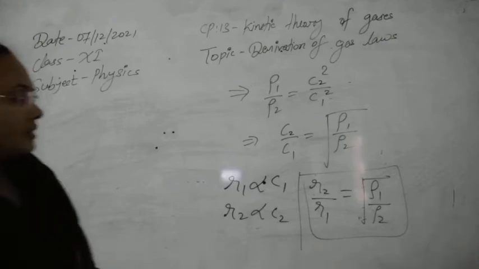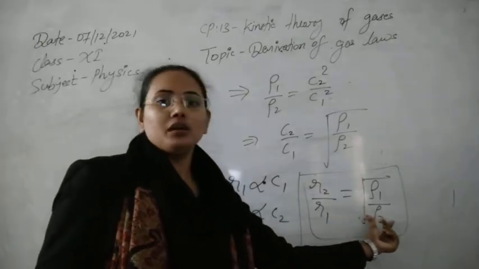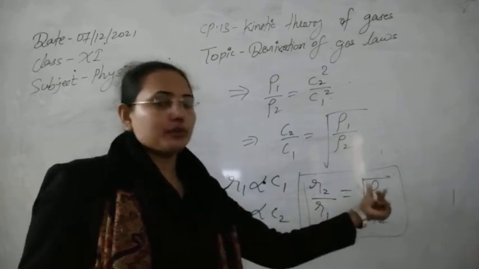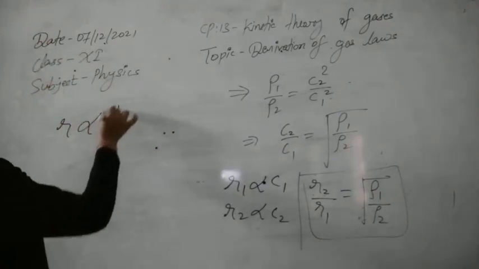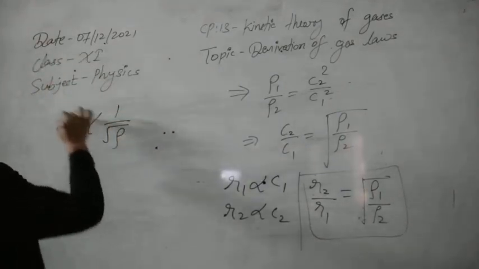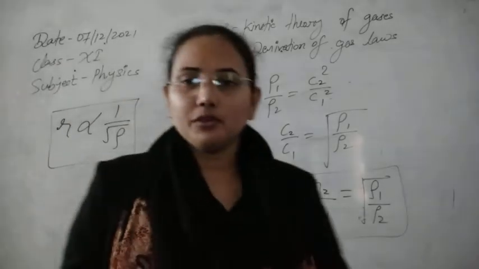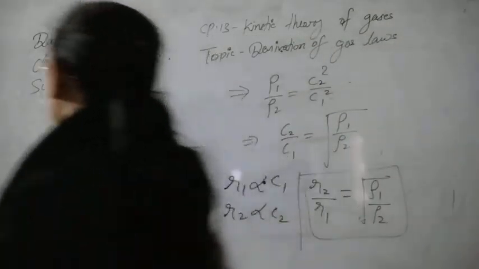Now we can see that r2 is inversely proportional to the root of ρ2. Similarly, r1 is inversely proportional to the root of ρ1. So in general we can write r is inversely proportional to the root of the density of the gas. This is Graham's diffusion law, which can be easily derived with the help of the kinetic theory